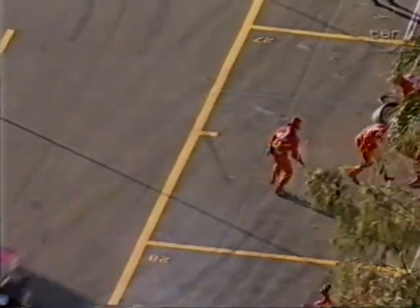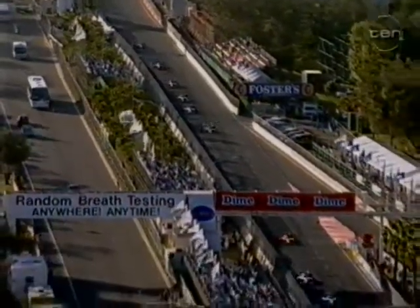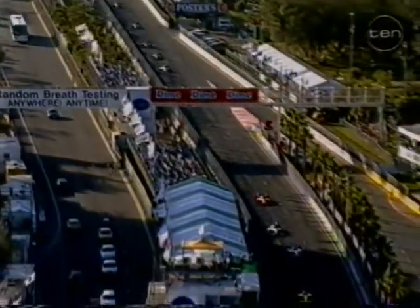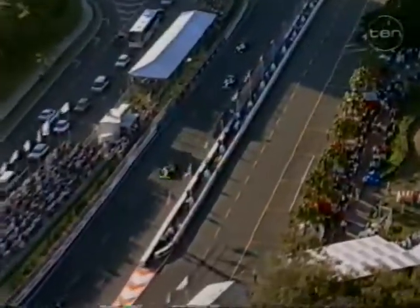Jimmy Vasser, one of his pit crew members, almost gets the chop from Gugelmin as he leaves in his PacWest car. It can be harum scarum time down there in these pit lanes. Believe it or not, our leader, and we'll have to confirm this later, but leader on the road is Arnd Meyer, who drives for Andreas Lieberli in the Project Indy car because he has not stopped and taken advantage, and one of the crew members is